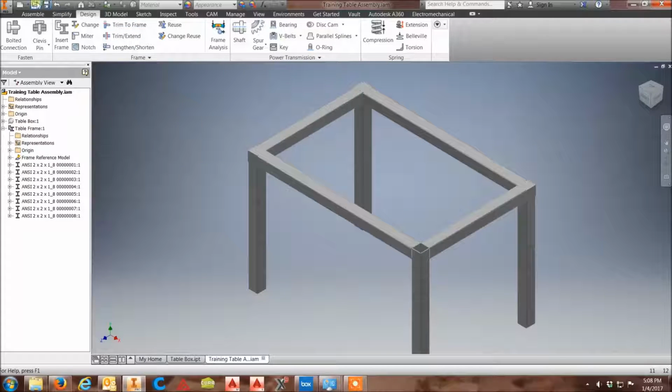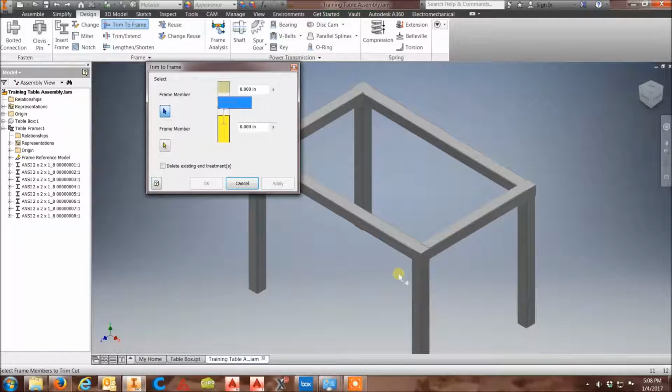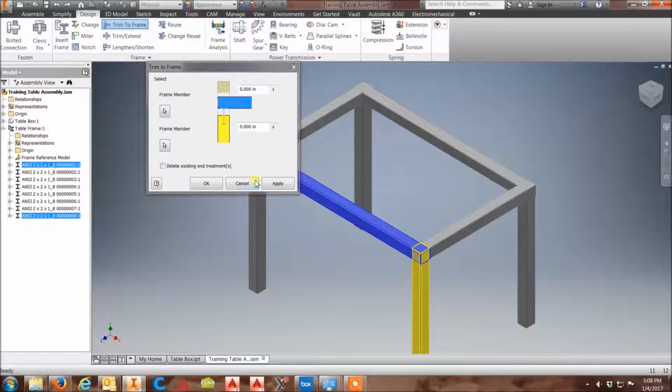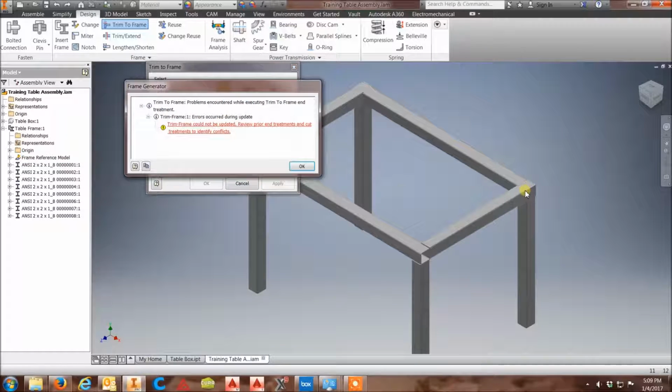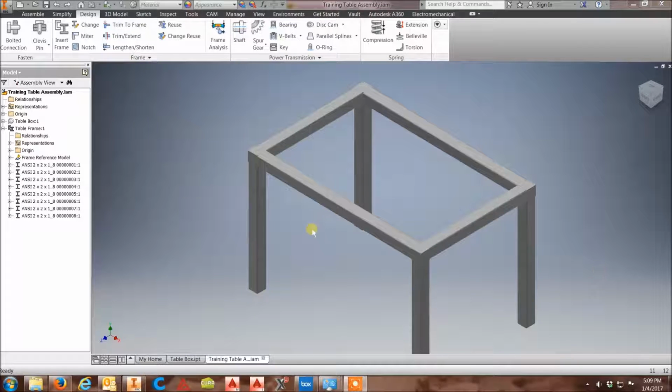Except, now I'm remembering Rex telling me that from a welder's perspective it's better to do it like this. Now it's... one moment. Alright, so that error came up because I had